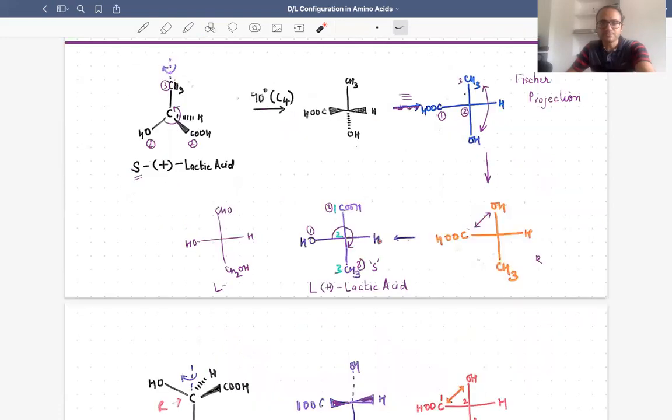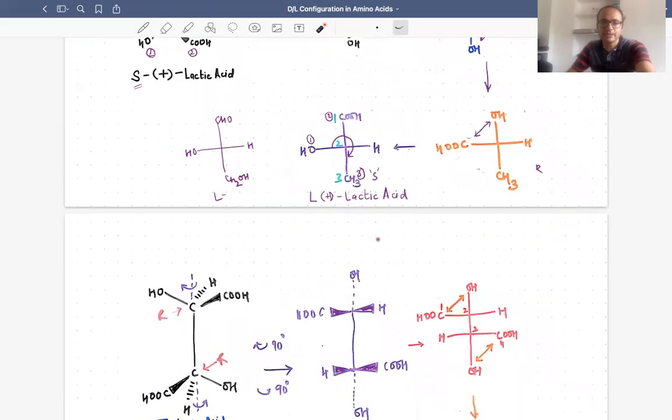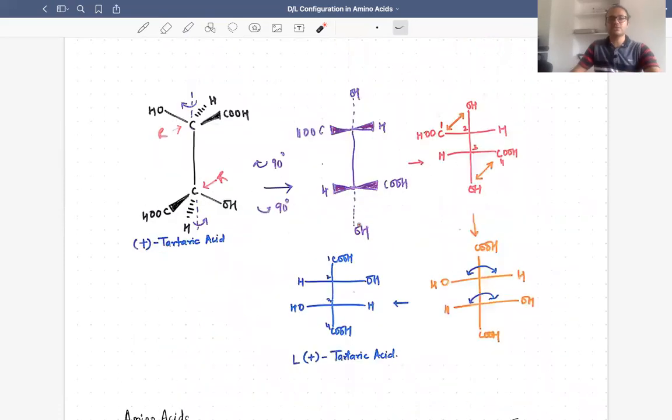If we go to the tartaric acid, let me bring this. So this is a structure here that you can see. This is a wedge dash structure that is given for the plus tartaric acid. Okay, I'm not going through it again here. So you can see easily that this is a chiral center giving an R configuration here. This is another chiral center which is giving an R configuration here.